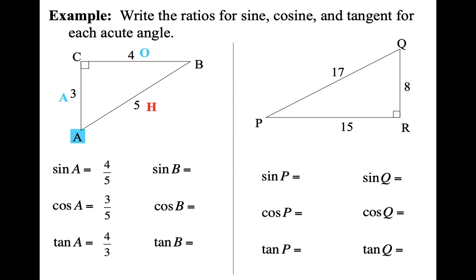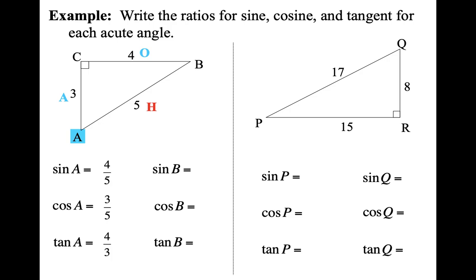If you take a look at the sine and cosine ratios, in the denominator we have the hypotenuse. The hypotenuse is always the longest side of a right triangle. Therefore, the largest number will always be in the denominator. And if a bigger number is in the denominator, we always have a fraction less than 1. So sine and cosine will never be greater than 1. If you tried to plug a ratio bigger than 1 into a calculator, it would give you an error. Tangent, on the other hand, can be bigger than 1 because there's no limit to which of the two legs is bigger.